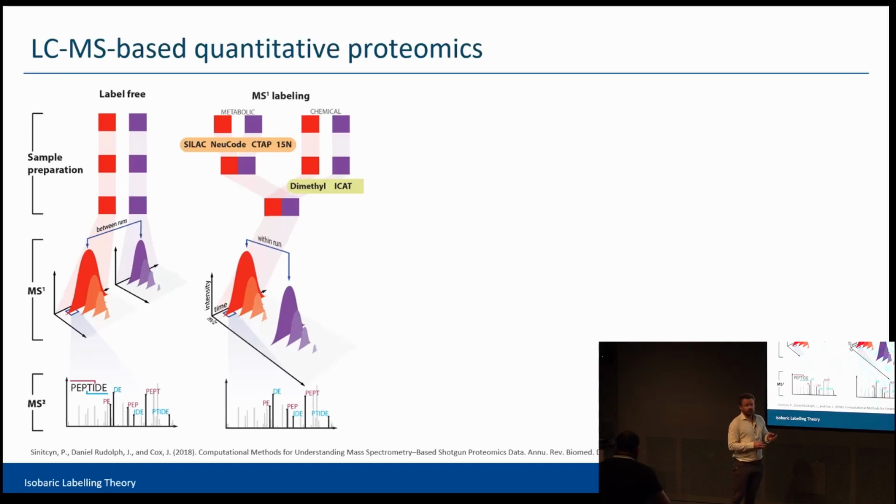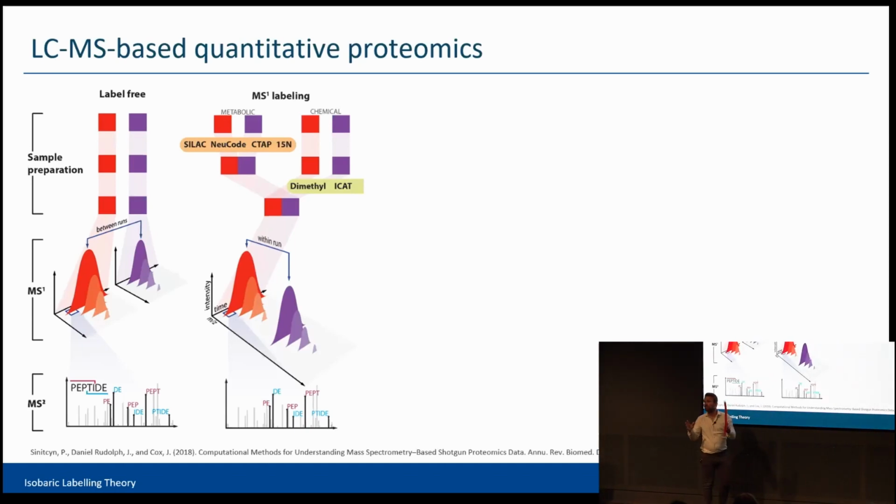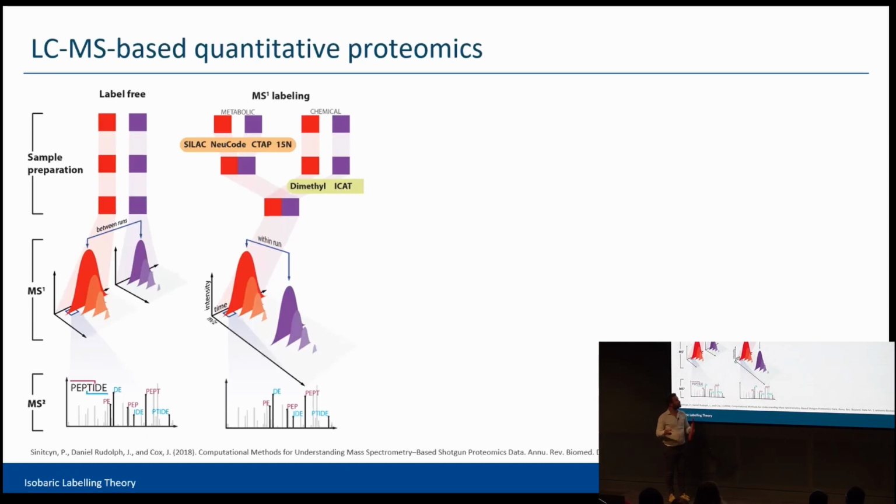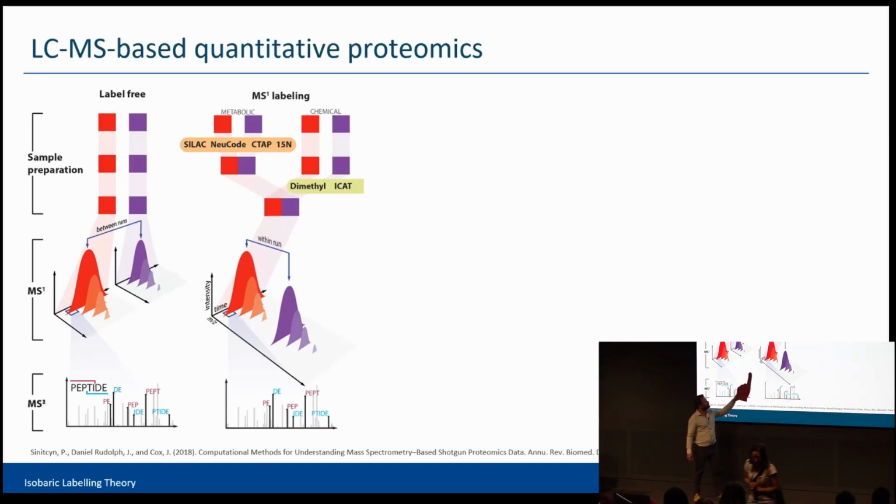Then you can mix two or three of these labeled samples together, so you have a light, a heavy channel, or even a channel in between. On the MS1 level, they are clearly separated. The MS1 features have a distinct distance, and then they can be quantified against each other, which is a very nice way to quantify. It's actually much easier on the algorithmic side because you just take the ratios from one raw